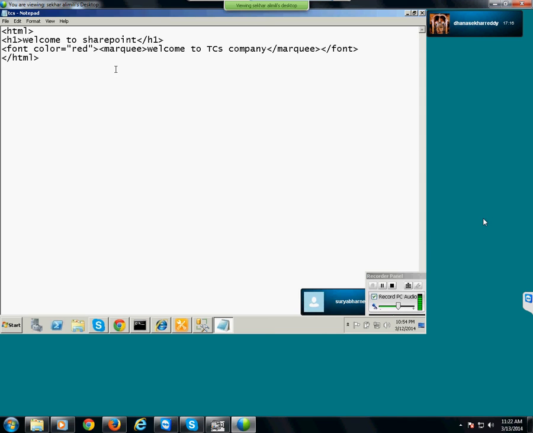You know how to call a JavaScript method inside of the button, right?